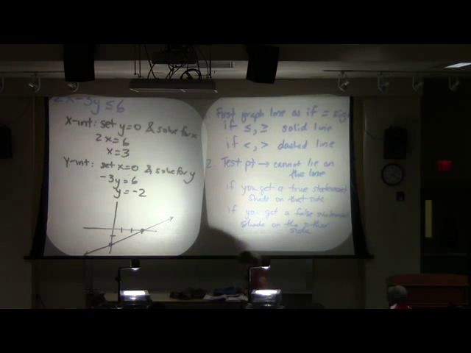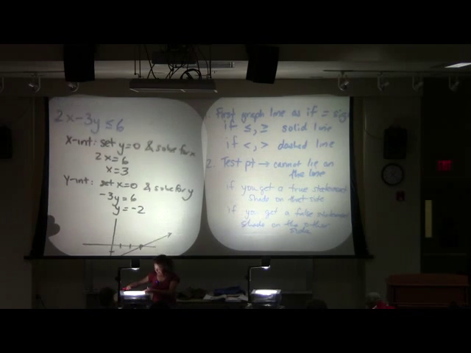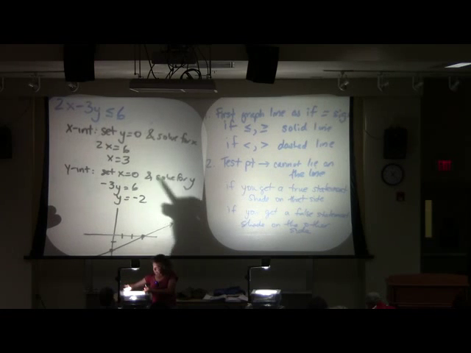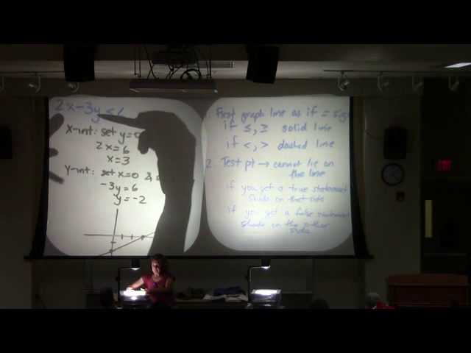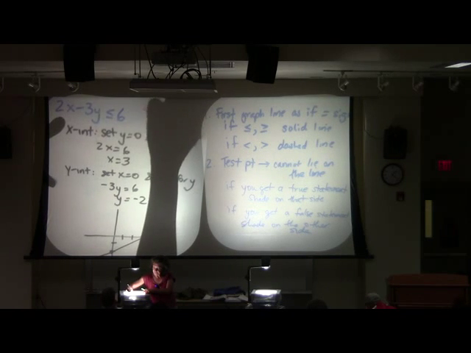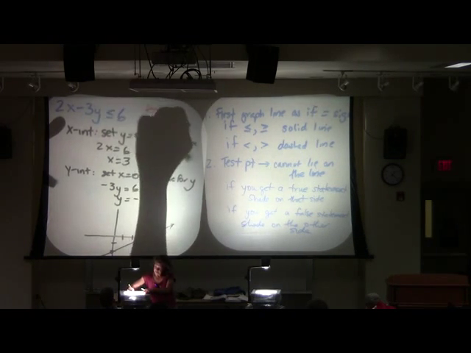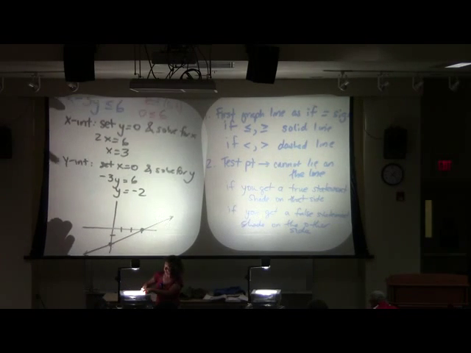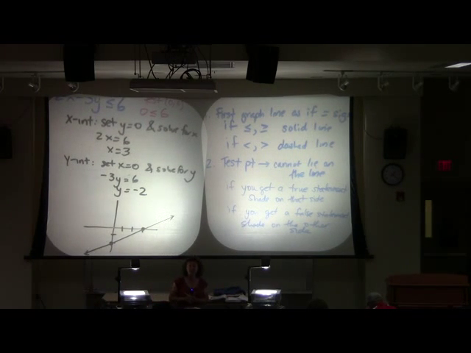Now, my very favorite test point to choose whenever possible is 0, 0. Again, that is just because I'm as lazy as can be and I don't want to have to do too much work. Okay? Zeros are nice, except when it talks about your bank account. So, if I take a test point of 0, 0 and plug it in here, do you guys agree that my whole left side of my equation is 0? And don't I get the statement that 0 is less than or equal to 6?